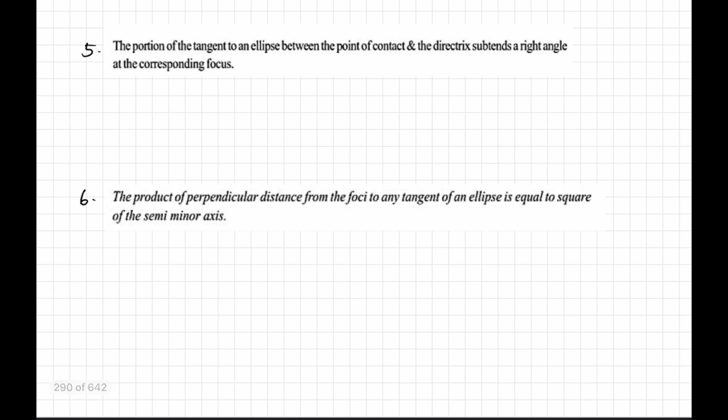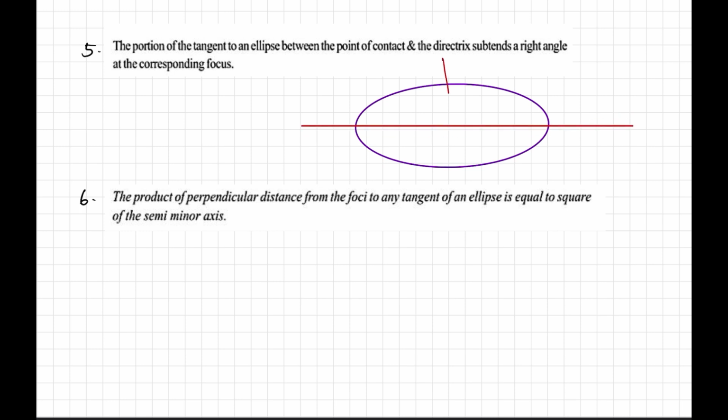Next property says the portion of the tangent to ellipse between the point of contact and the directrix subtends a right angle at the corresponding focus. तो let us see what do we have here. तो सबसे पहले हमने एक हमारा ellipse draw कर लिया. The portion of the tangent, so also we take a tangent. So this is the major axis, this is the minor axis, और यहाँ पे हमारे पास एक डायरेक्ट्रिक्स है. So this is the line x equals a by e. This is the center C. Now if we draw a tangent to this ellipse in this manner,